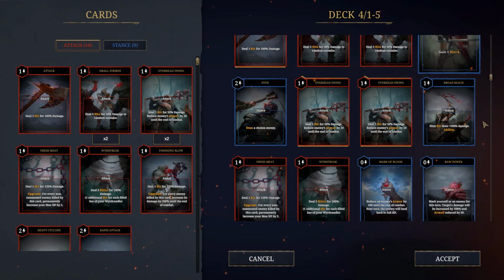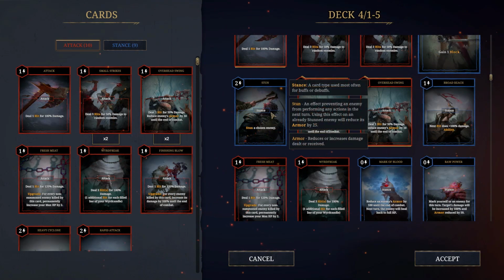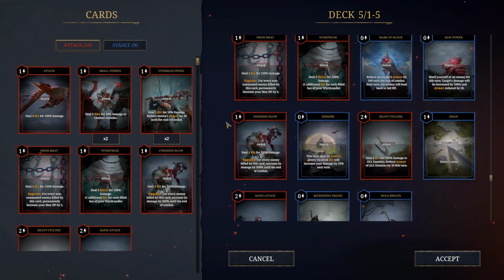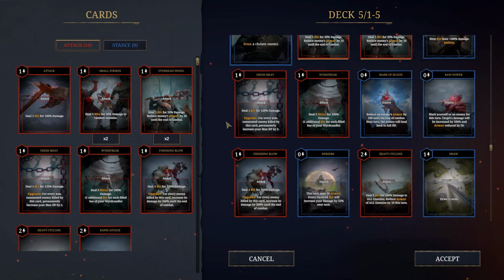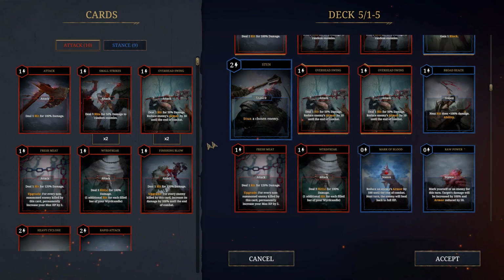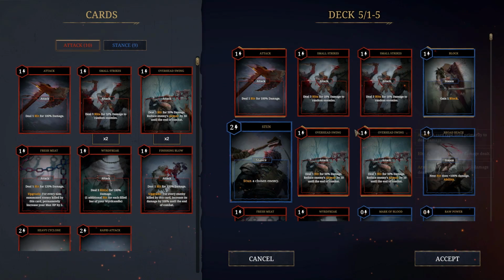We're going to be powerful. We're going to be unkillable. I'm just super excited for it. Only powerful attacks left in the deck. But there's one thing that I switch up here. I think I remove Mark of Blood. Maybe